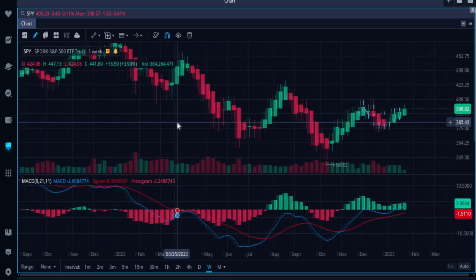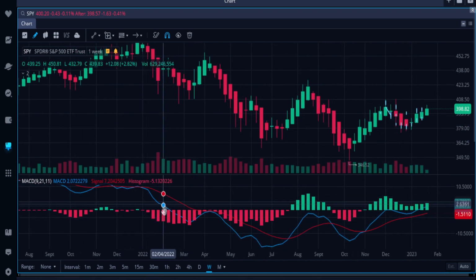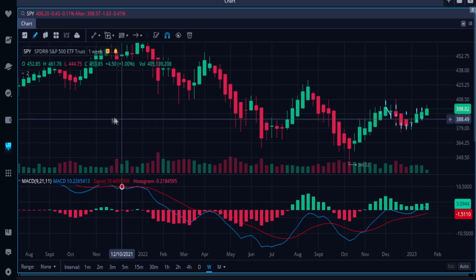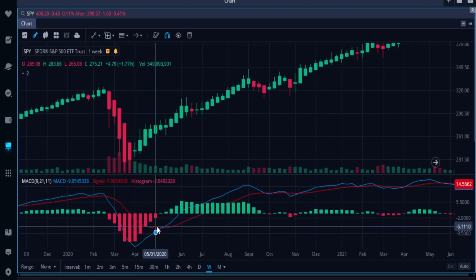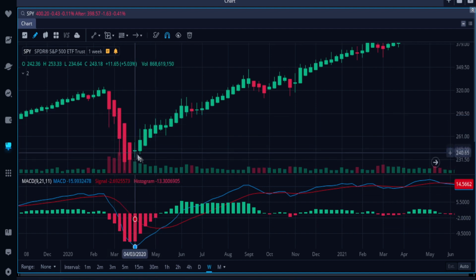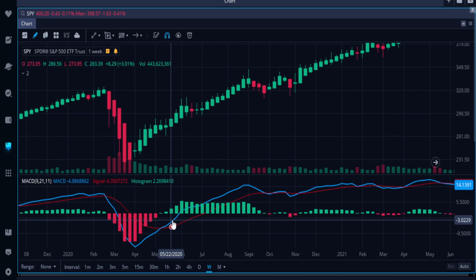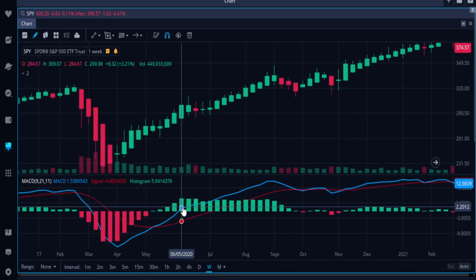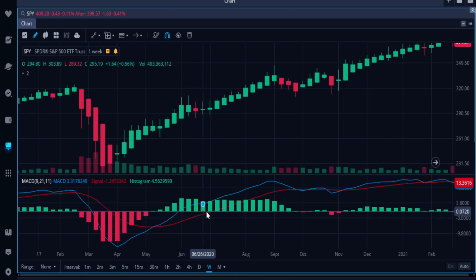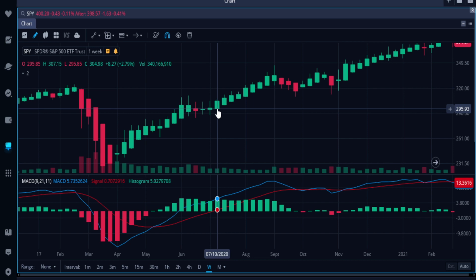Okay, let's scroll back to the past and see when it broke above the 0 point histogram, what happened after that. So let's take a look at that. Okay, so that brings us to the 2020 crash that we had in March of that year. You see that we have a crossover here. The buyer line breaks above and it holds above the 0 point histogram, and then the seller line follows by breaking above on July 10th,